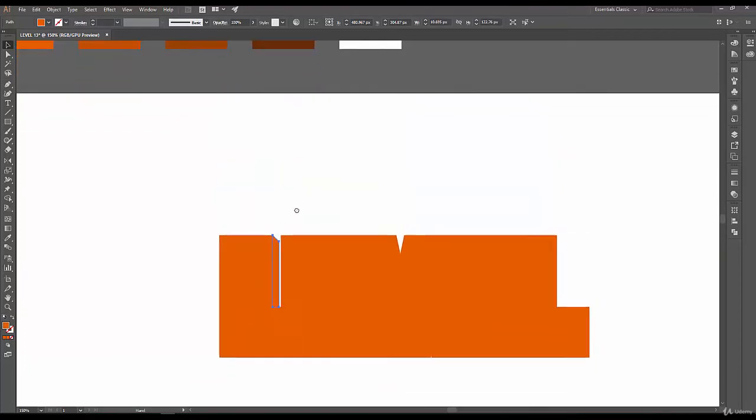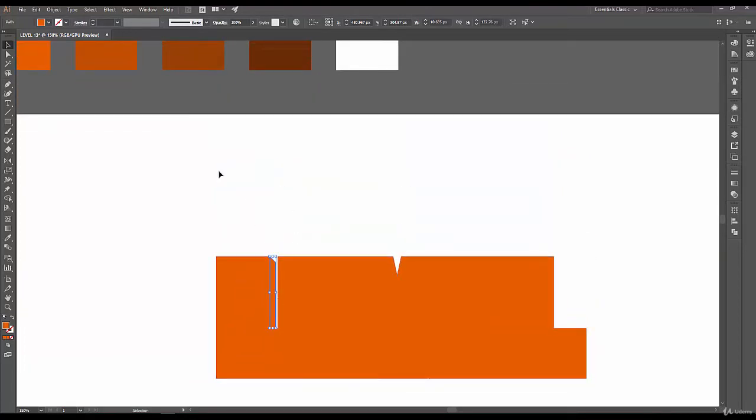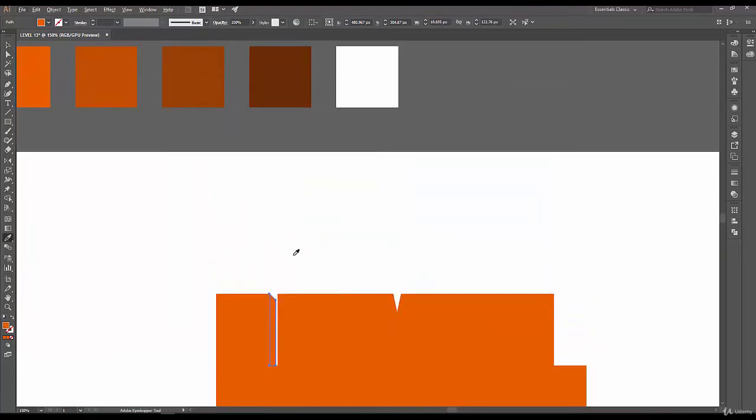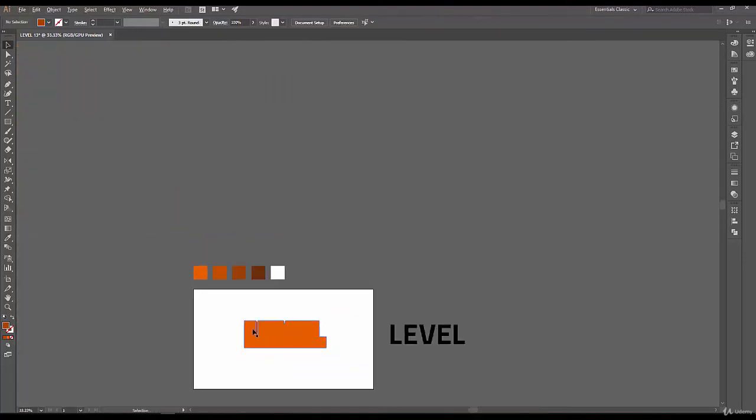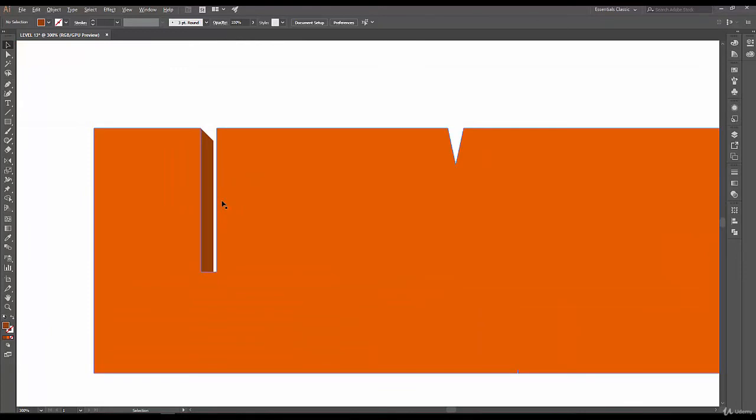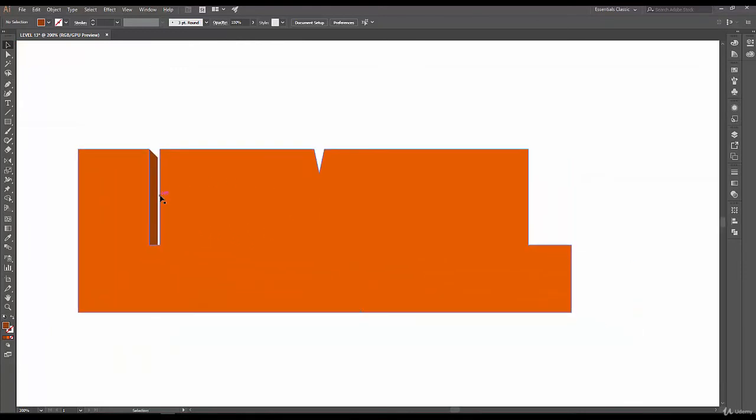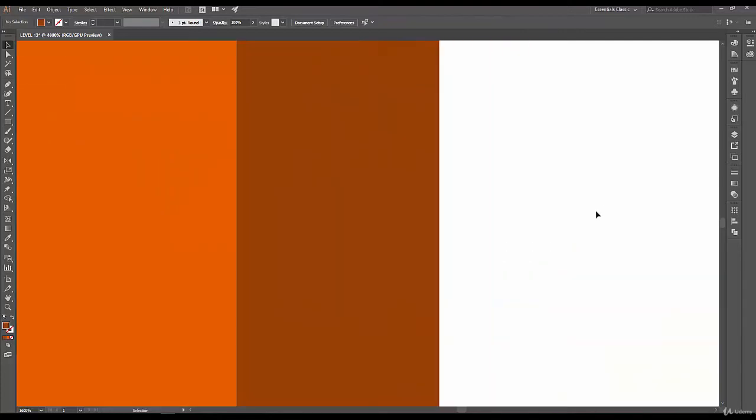We're going to select the side here and give it a darker shade so it looks like a side. Click on there. There you have it. Next, we want to duplicate it and put it on the other L on the right, so press and hold Alt and drag. There you go. Let's make sure it's perfectly placed.